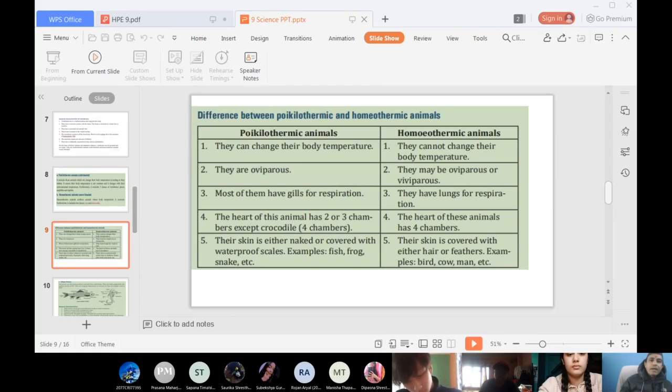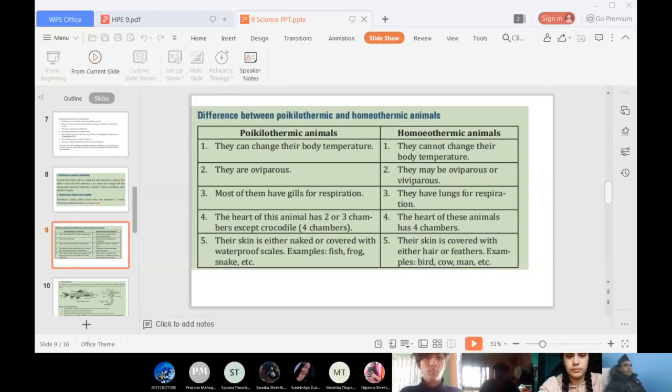Poikilothermic are oviparous. What is the meaning of oviparous, students? Oviparous means they lay eggs. And homothermic, they are oviparous or viviparous. Oviparous, they lay eggs. Viviparous, they give birth to their young ones. Okay. Oviparous, lay eggs. Viviparous, give birth to their young ones. And